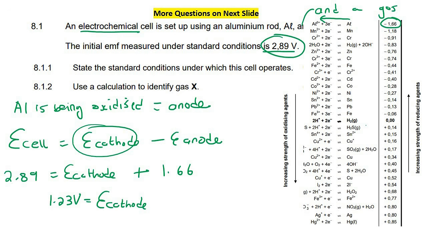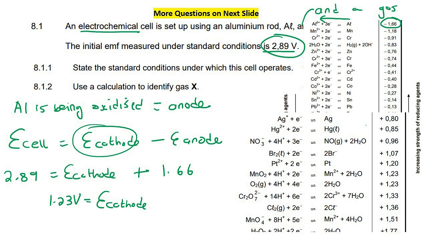So now we just go down to 1.23 volts, and I don't even have that on my table. Just give me a second. Here I've got some lower down values on the table. I know that if one of my materials started over here, then the other one is on the other side, because you get oxidation and reduction. So if this one is on the right-hand side of the table, then the other substance is on the left. I go down to 1.23. There are 2 things over there. I only focus on the left, and I look for any gas. See any gas? There it is. Oxygen is in the gas phase. So the gas would literally be